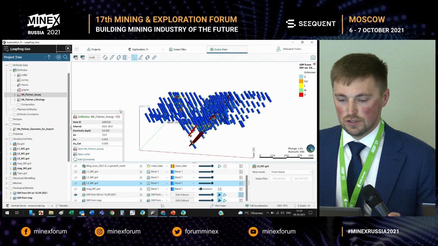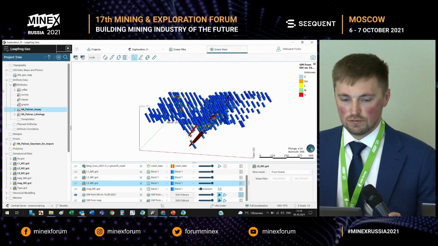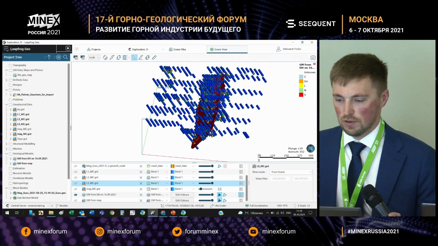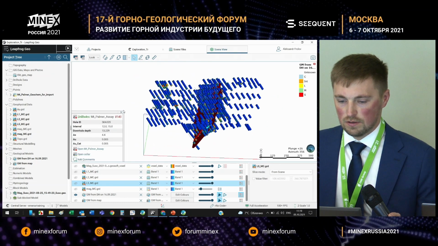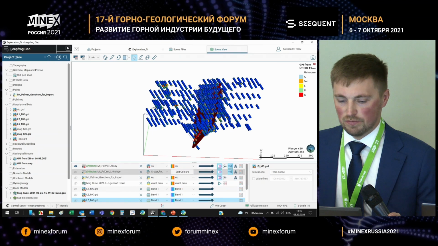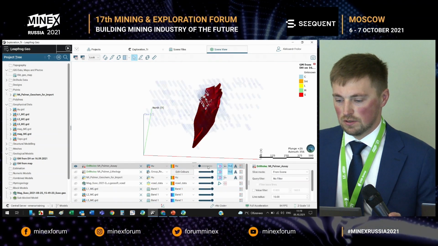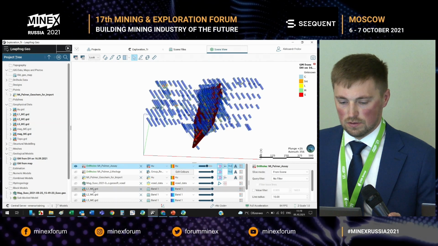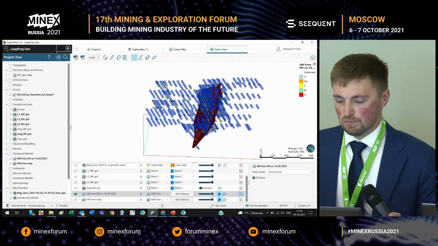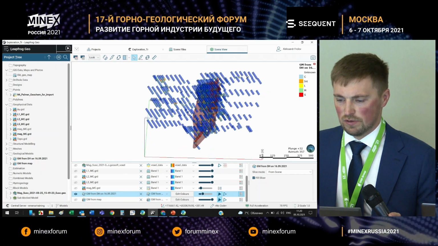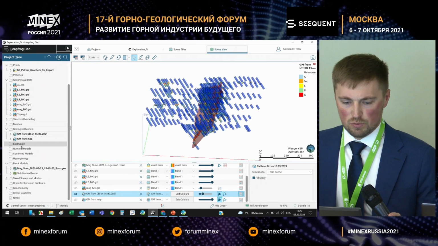And as you understand, we also have the model that assesses resources in Leapfrog. After drilling, you can assess the resources of the site, and thus evaluate the potential of your site.